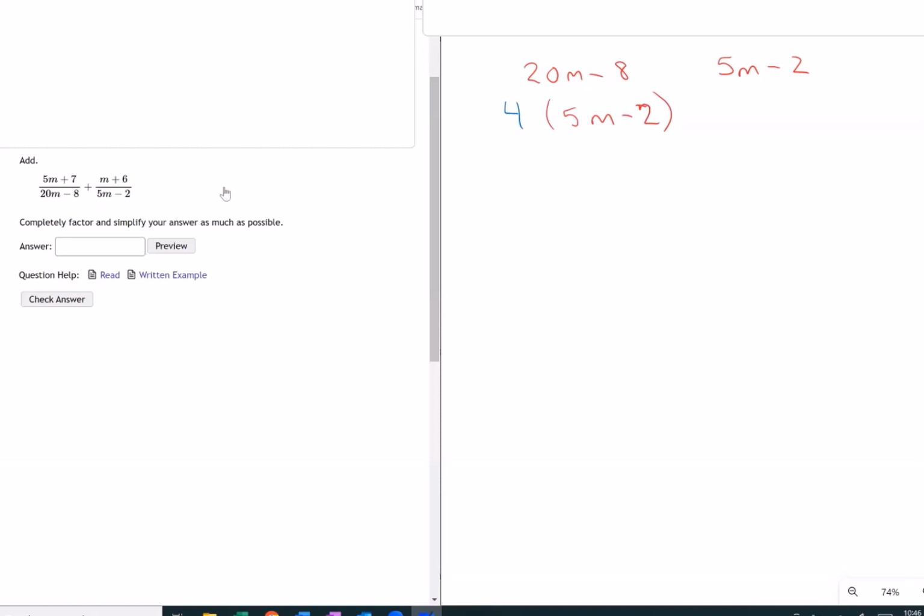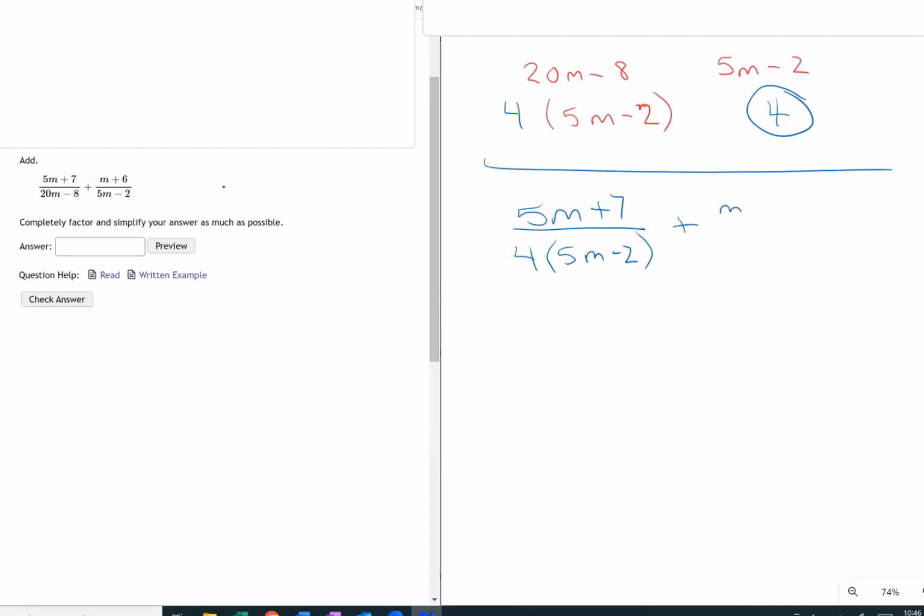Now I know I have to multiply the second fraction by 4. I'm not going to do it to the end. I'm just going to show you what I need. I have this divided by 4 times 5m minus 2